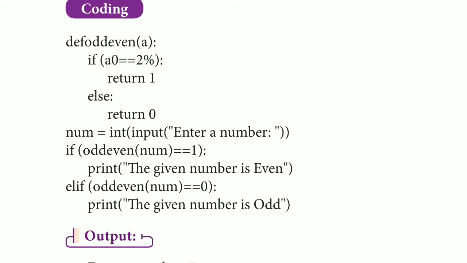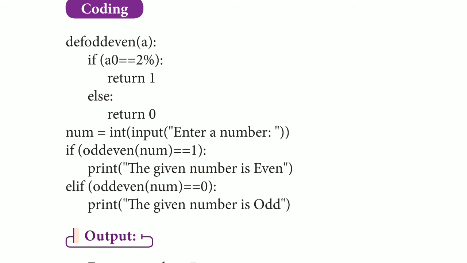Okay, so you can see that in the next expression, they are getting the number from the user. num is the variable name, equal to int. They are converting the input which is given by the user to an integer. Inside that you can see input, enter a number. So this will intimate the user that they have to enter some number.